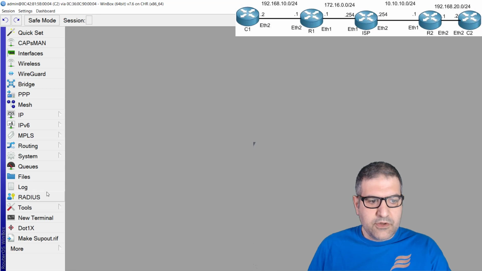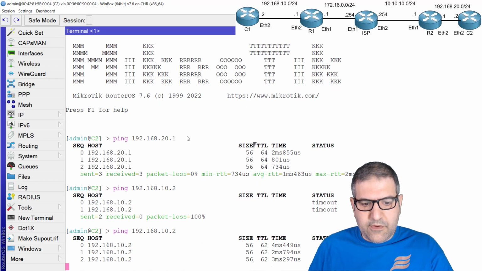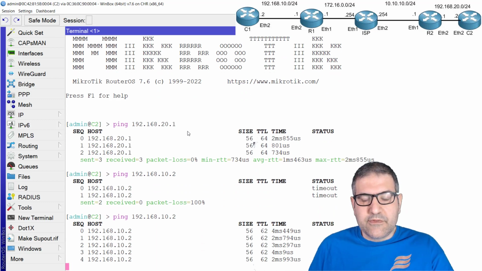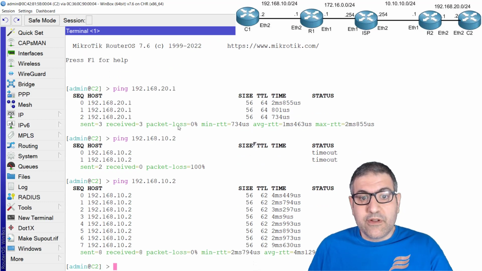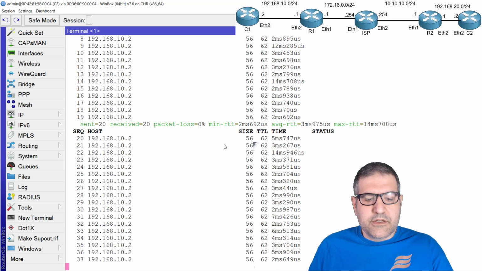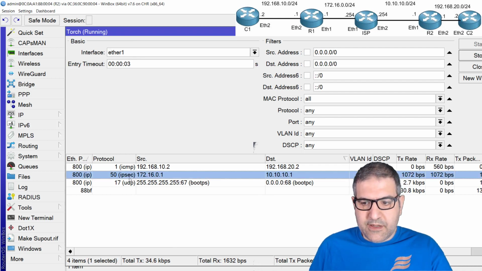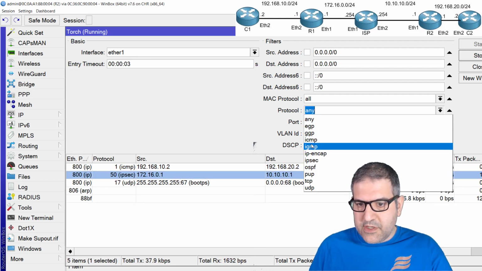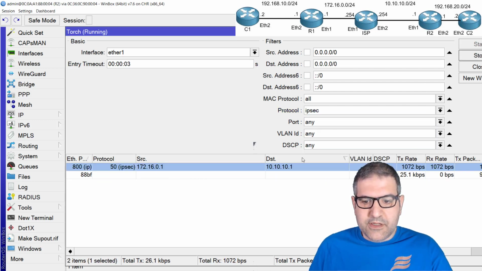We go to customer 2, and let's see if the ping is going to work now. It wasn't working before. Here we go. So now the ping is working very well. So you can see that the IPSec is completely working for us. Now, while the ping is working, I just did something nice here to show you. I made a torch on router 2 on the interface Ethernet 1, and you can see that IPSec is working, and this is the ICMP. If you want, maybe you can also filter here. You just say, I want to see only the IPSec,